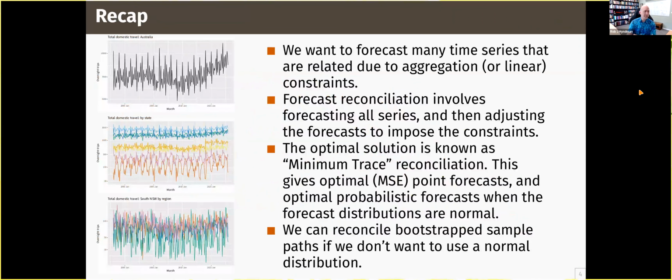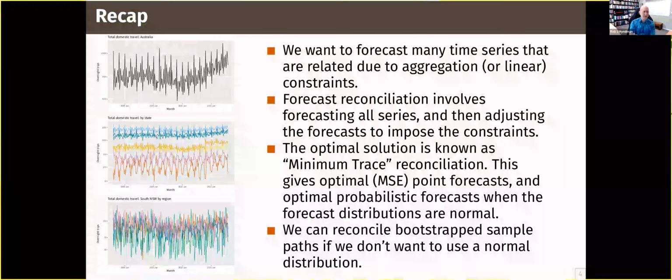So just a bit more on the recap. The idea is you've got a lot of series that are related due to aggregation constraints or sometimes linear constraints. So for example, you might have a series that is the sum of other series and you want the forecasts for the total to add up to be equal to the sum of the forecasts for the disaggregate series. So forecast reconciliation involves forecasting everything and then adjusting the forecasts in a second step to make sure those constraints